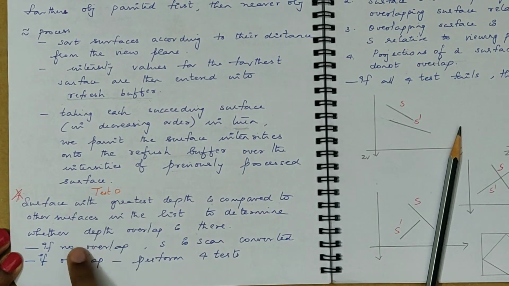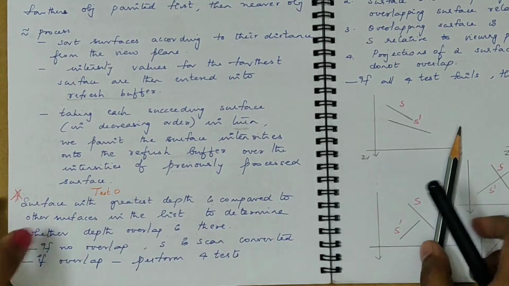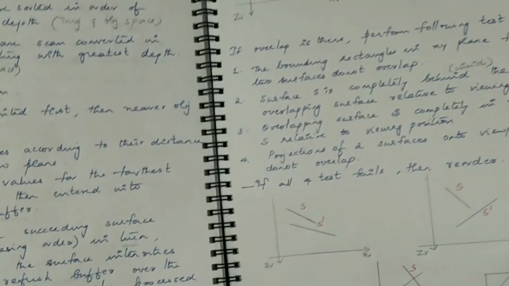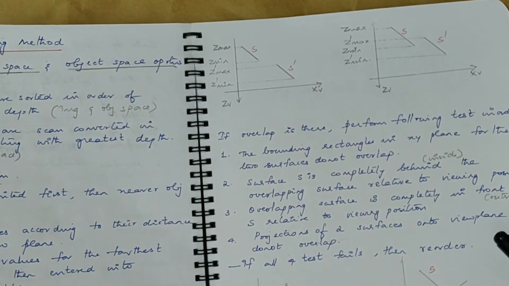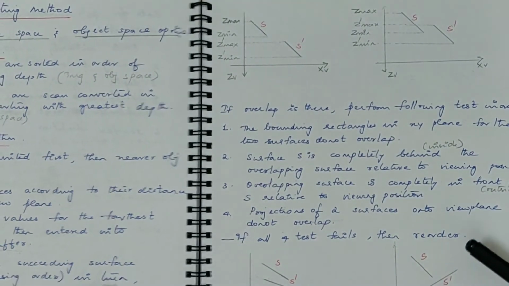If test 0 fails, then you have to perform 4 tests. Okay, so let us take an example for this test 0. This is an example for test 0 that I have given. So here you can see that